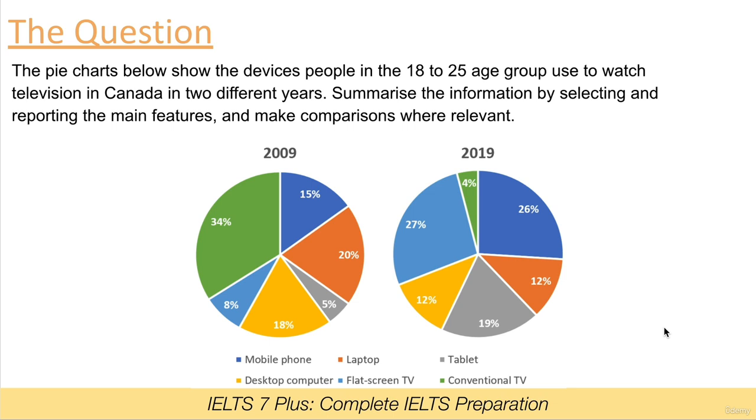Right then, so initial thoughts. Wow, initially I am looking at conventional TV. That is the most dramatic drop out of any device. Then we have a few increases. Flat screen TV increases a lot by 2019. Another increase, we have tablets. Okay, so a variety of information here that we are now thinking about how we're going to report this back